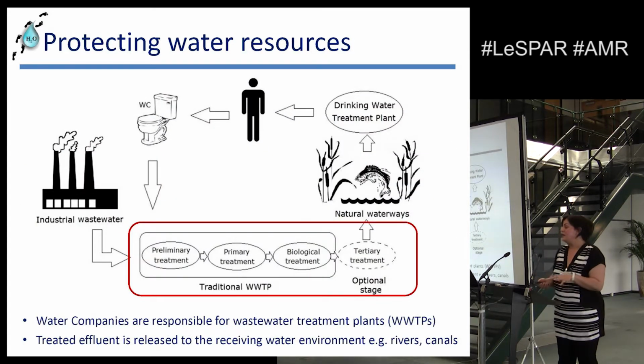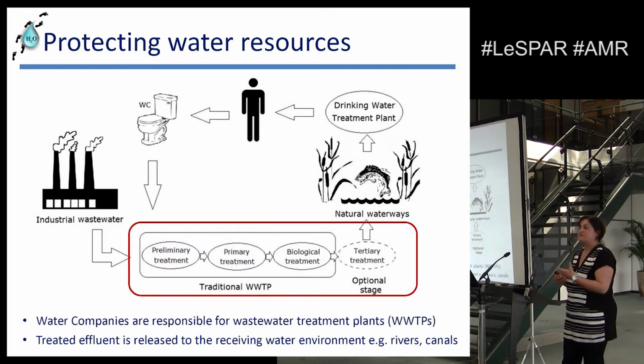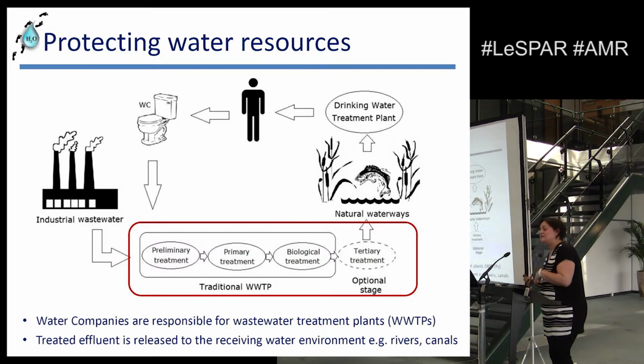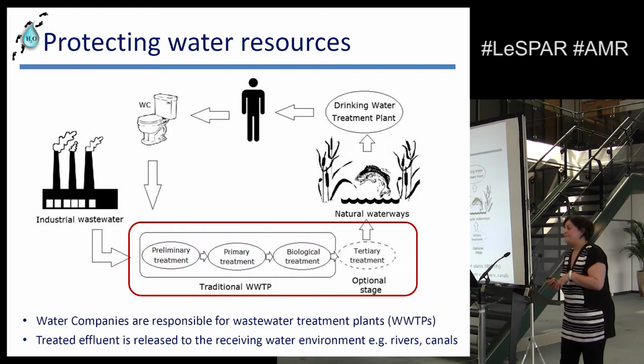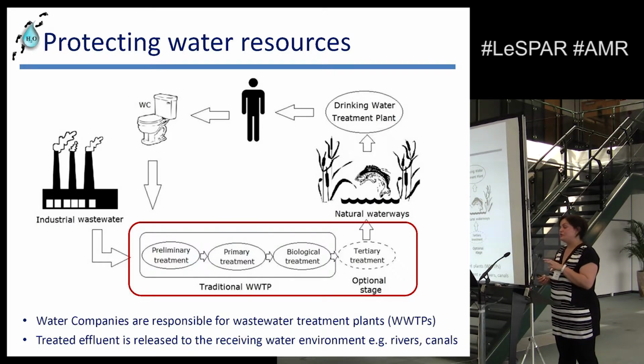And this just gives you a basic view of how we're seeing antibiotics, antibiotic-resistant genes, bacteria going into that wastewater treatment system. I'm just going to give a couple of examples about that as a case study outside environment. So as I said, they're responsible for this wastewater treatment plant, which is primarily made up of two main stages, primary and then your biological secondary stage.